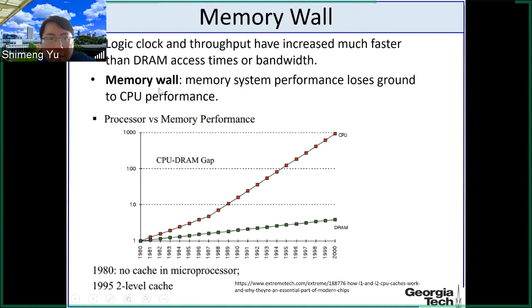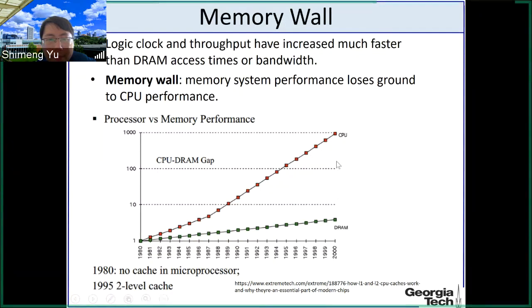Therefore, there is a memory wall problem in today's computer architecture, where the CPU performance outpaces the DRAM's performance. So here this is normalized performance, CPU versus the DRAM. We see there is a gap, and this gap has been enlarging in the past 20 years. This is the so-called memory wall problem, also called the von Neumann bottleneck in today's